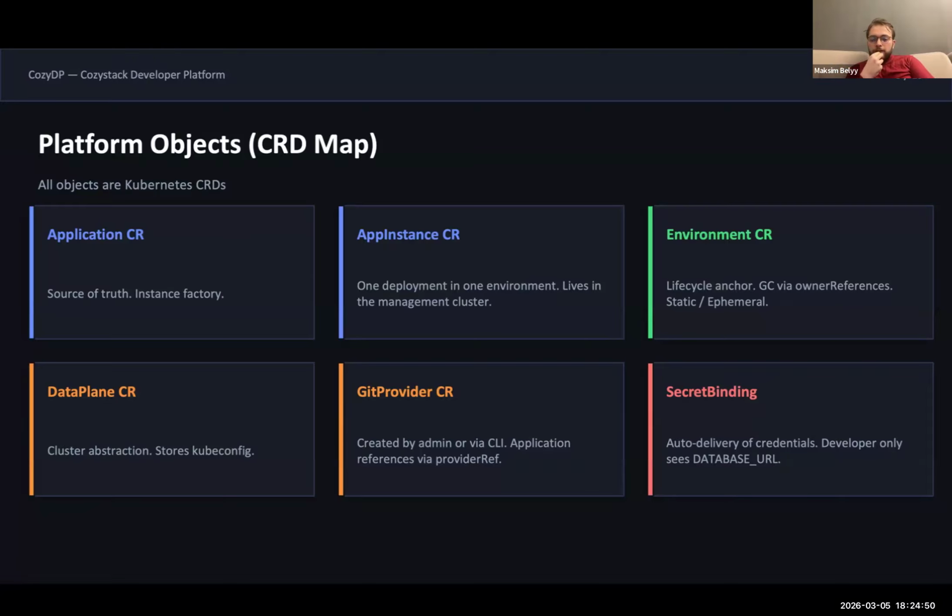Additionally, we have a Git provider custom resource to connect your source control manager, like GitLab or GitHub or something else. For example, I love Gitea. And secret bindings just provide secrets from managed services to the application.